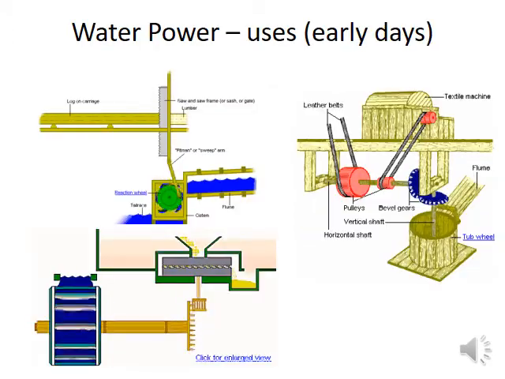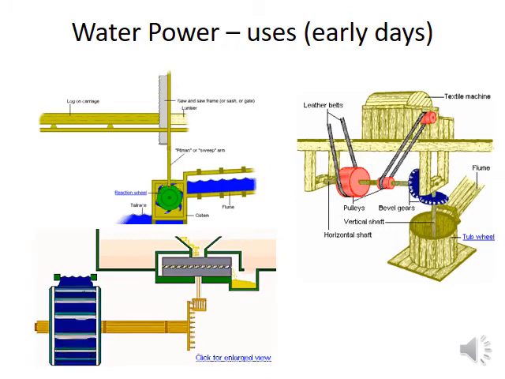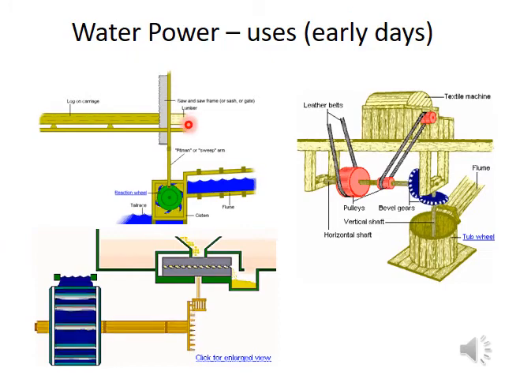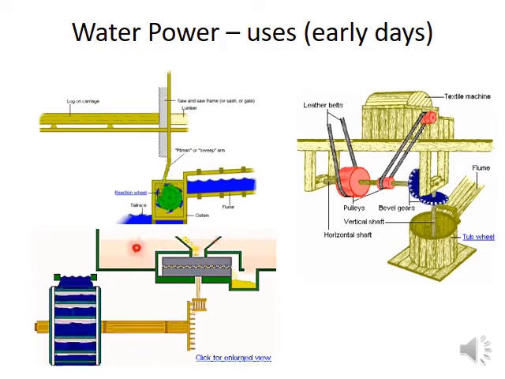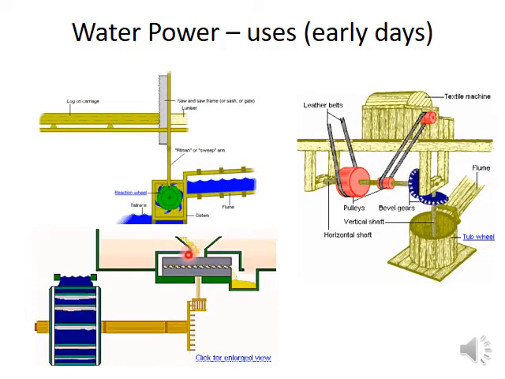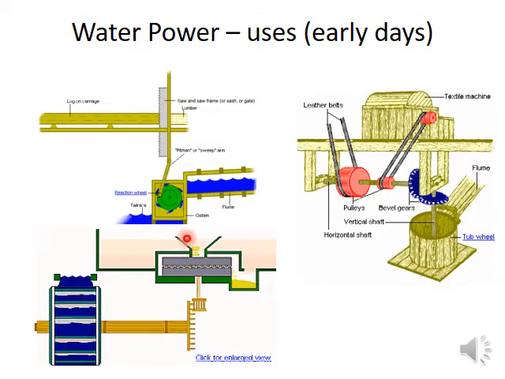This also shows the water power uses in early days. Now this shows sawing of timber. So there is the water wheel, and you can see sawing timber. And this shows a grinding wheel or grinding mill,